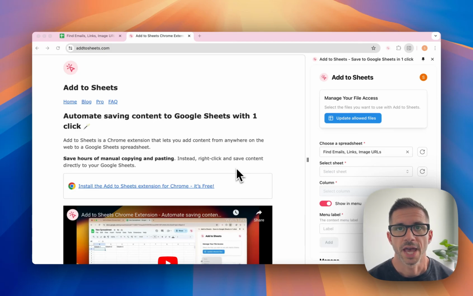All right, we're going to take a look at finding email addresses, links, and image URLs within seconds from websites. So Add to Sheets allows you to go on to a site and find all of those patterns and then automatically save them to a Google Sheet in one click. You can edit or modify what's found before you save it, or even copy it to clipboard, but it happens